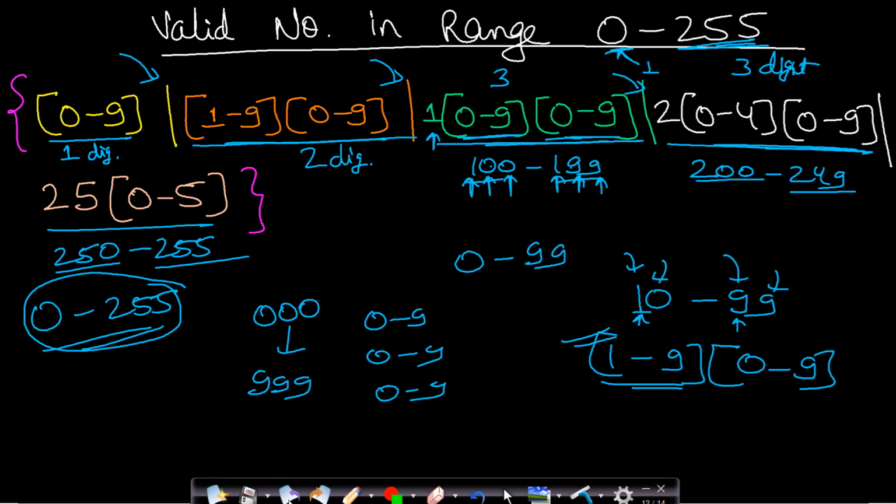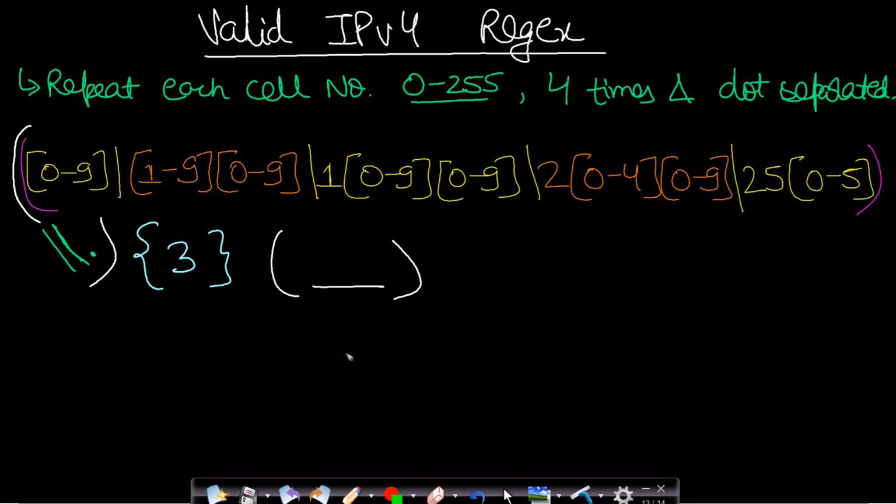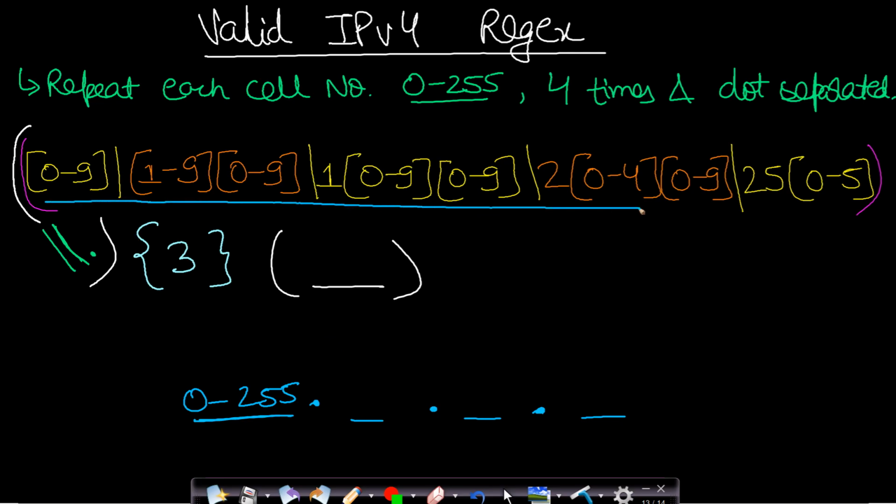In this case, you might be knowing that for a regular IPv4 expression, the numbers will be in the range of 0 to 255, and they will be dot separated. And how many dots will be there? There will be 3 dots and you will have 4 cells. So in all these 4 cells, you will have numbers in the range of 0 to 255 and they will be separated using 3 dots. So how will you form this regular expression? Now I have already shown how this regular expression will form a number in the range of 0 to 255 previously, so I will not be explaining this now.